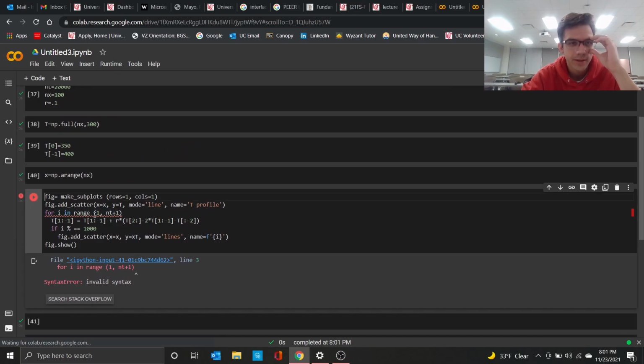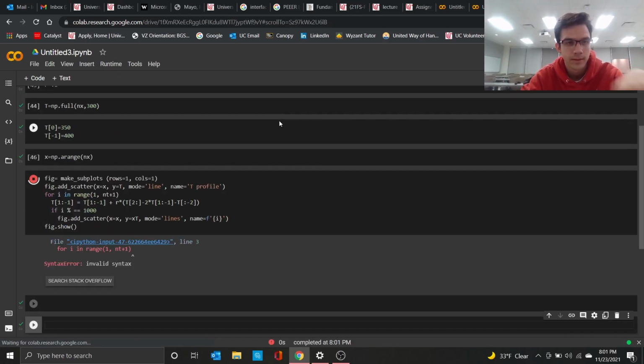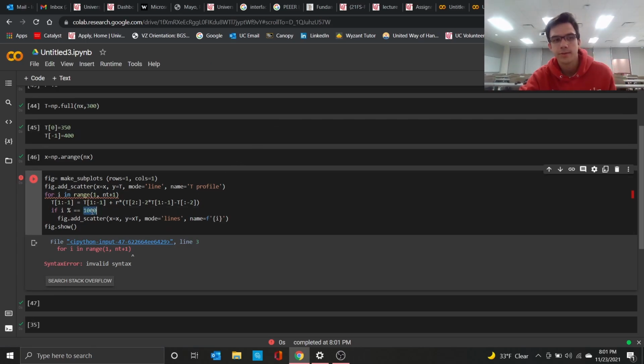Okay, so this range here, it looks like that needs to be... Oops, that range. There we go. That range needs to be, there's a space there. All right, let's try it now. Still doesn't like that. Okay, so this I should be... I think so. This needs to be